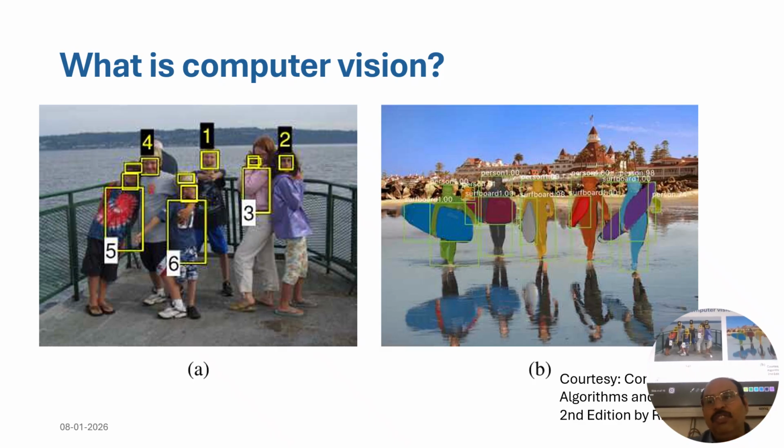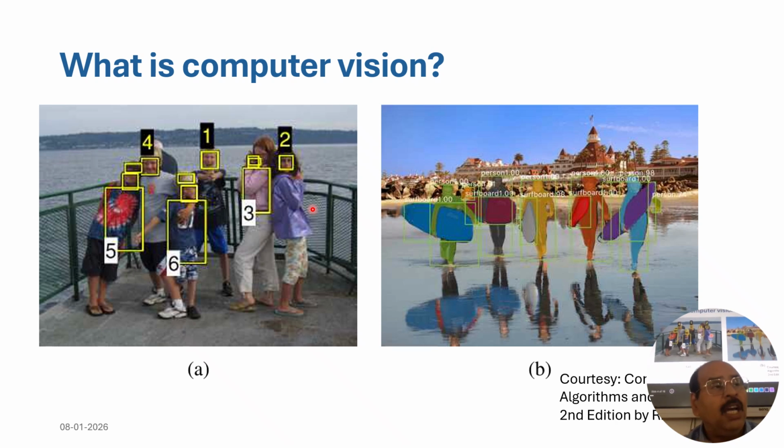Please note the first image. You can see that there are so many. Let me take some laser. You can see that there is an algorithm that is detecting so many faces. Face recognition, right? You have person one, person two, person four, and so on, right? Yes or no? This is an algorithm for face recognition.